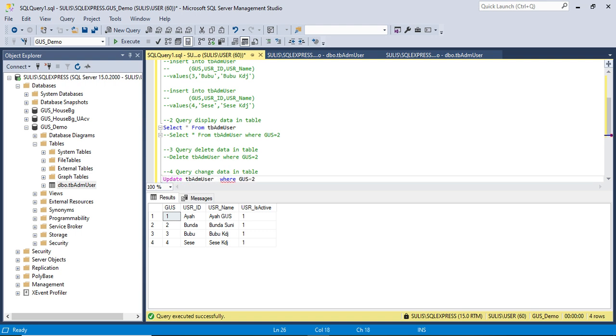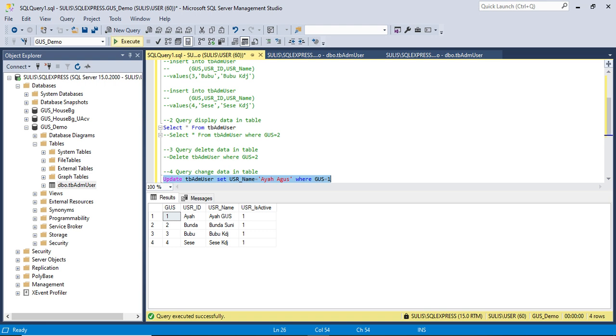Update table name and set what will be set, with a new value. USR name. For example, I want to change the USR name for USR ID 1, and I want to give it a new name.